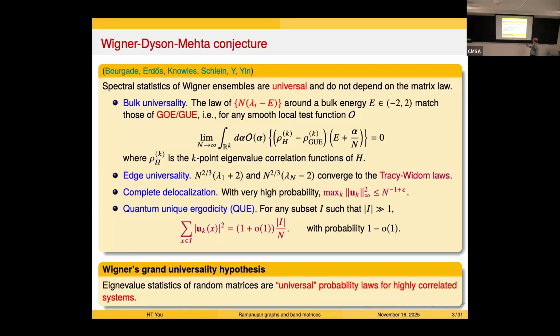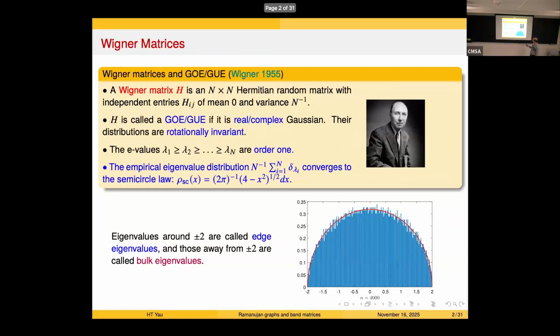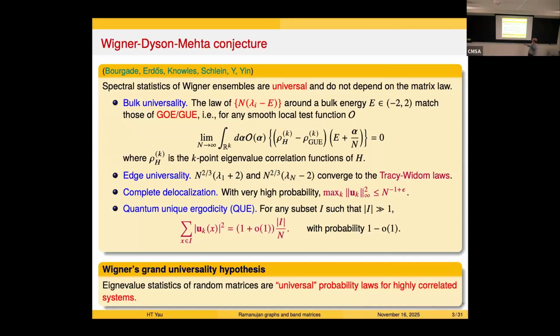Why do you want to magnify by n? It is because you put n eigenvalues between -2 and 2, so their spacing is 1/n. And because their spacing is 1/n, you have to multiply by n, otherwise you cannot talk about the probability law. So this eigenvalue statistic, if you magnify by this scale n along a fixed energy,